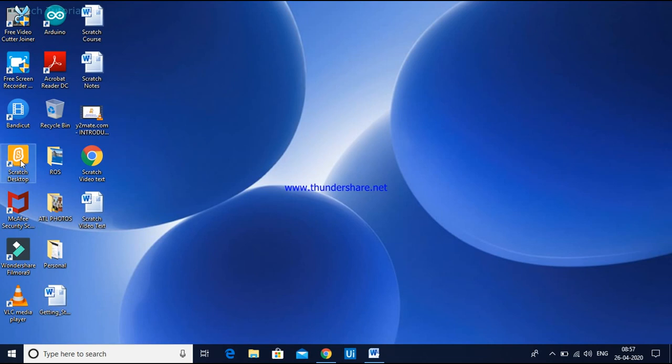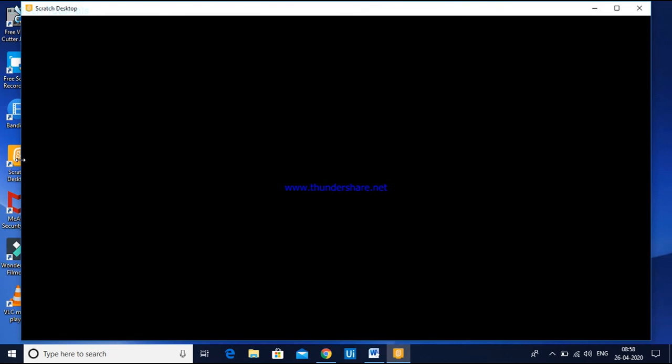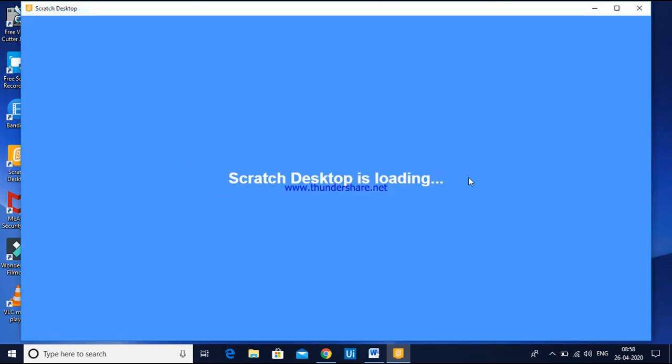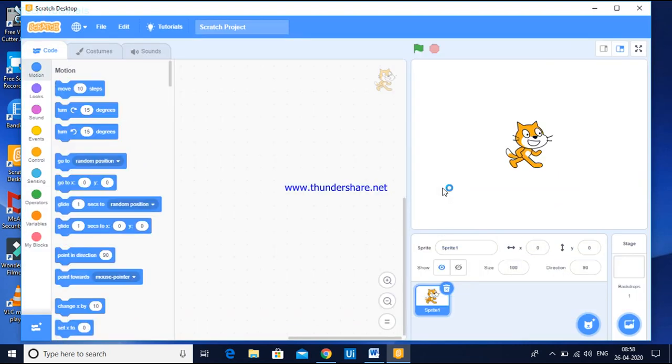Now I'm going to open the Scratch desktop. So I'm just double clicking on the Scratch desktop app. So now it is getting open. So it takes 2 to 3 seconds. Okay, this is the offline platform for Scratch.